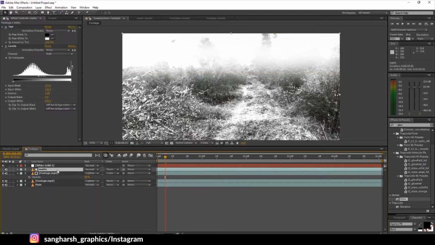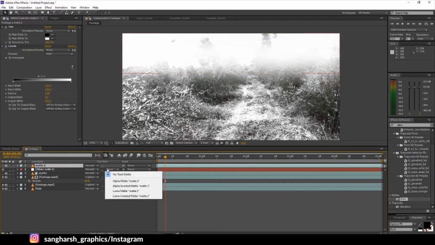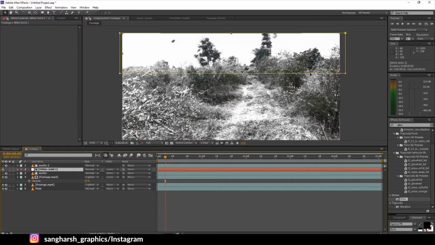Again, duplicate this matte layer and drag it to the top of all, like here. Again, for the white, select Luma matte. As you can see, we have added some more haze to it. We just need to add this white haze below, down here. Select all the points, since it's applying all the way to the sky, drag the mask below here and decrease it from the top. Hit enter.